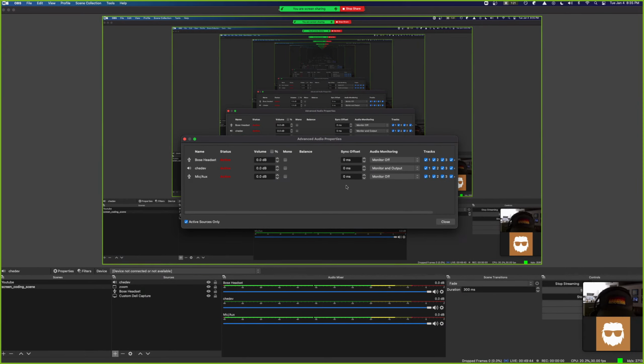I get this advanced audio properties and then I can toggle one of these, but when I change this, try talking again. Yeah, see, nothing changes.